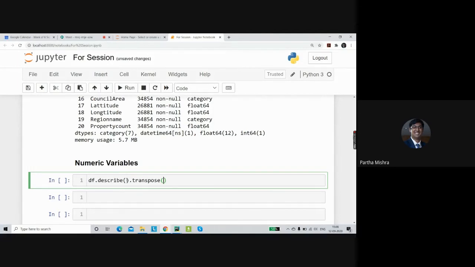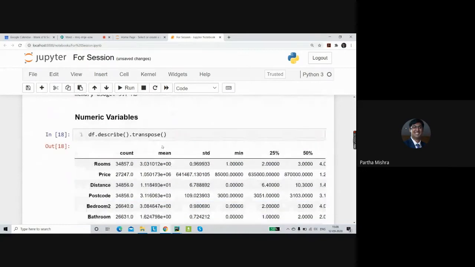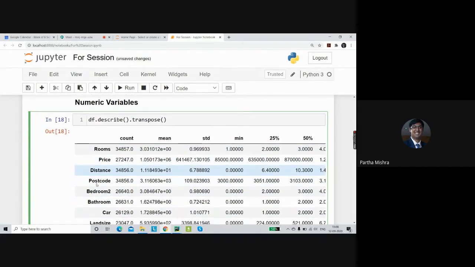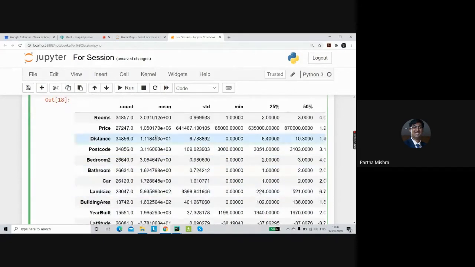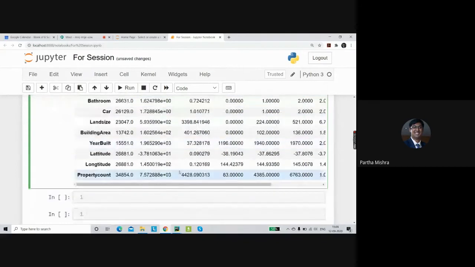When we run this, because of transpose, the column names have become the row names. So that is why you're able to see rooms, price, and the other columns as rows in here because of the transpose function. Okay, so when we look at this data,